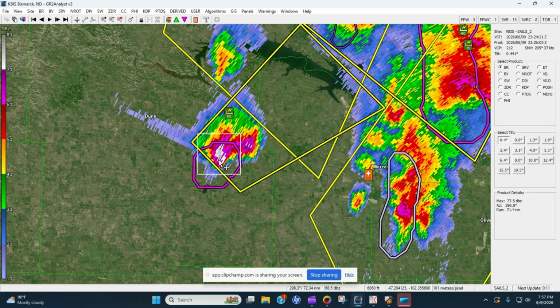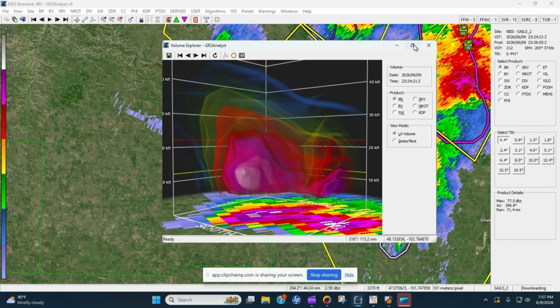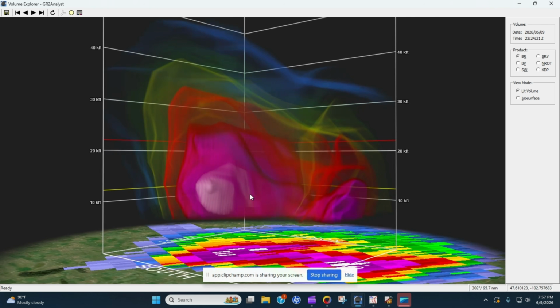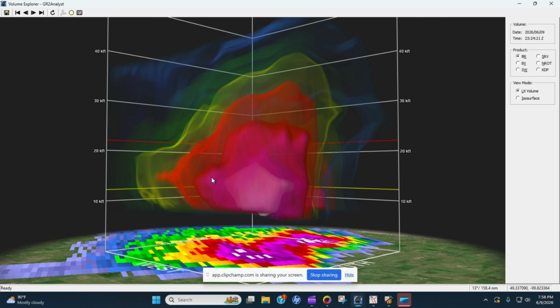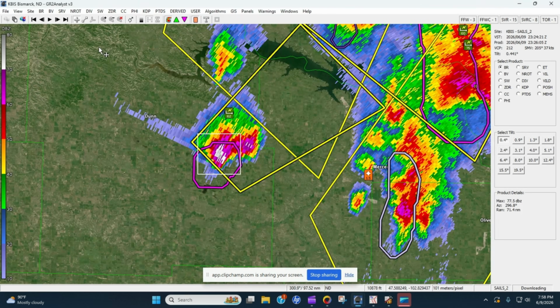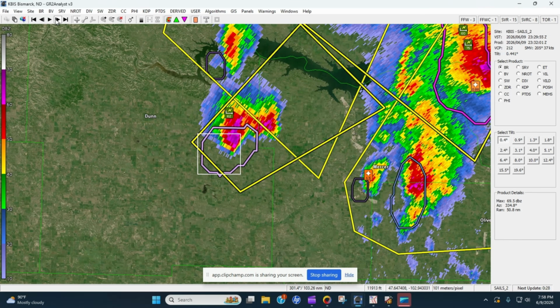And these high reflectivity values, these 70 to 75 dBZs, typically you're only going to get reflectivity values that high when you have hail in a storm. Taking a look at the three-dimensional view of the storm, that white area, that's 70 to 75 dBZs, that's all hail. That's a large area of hail in that storm. Your 60 to 65 dBZs extends over the minus 20 degrees Celsius line. This is a storm that will produce large hail and damaging winds. And waiting for the reports to come in. If they get a report with this cell,